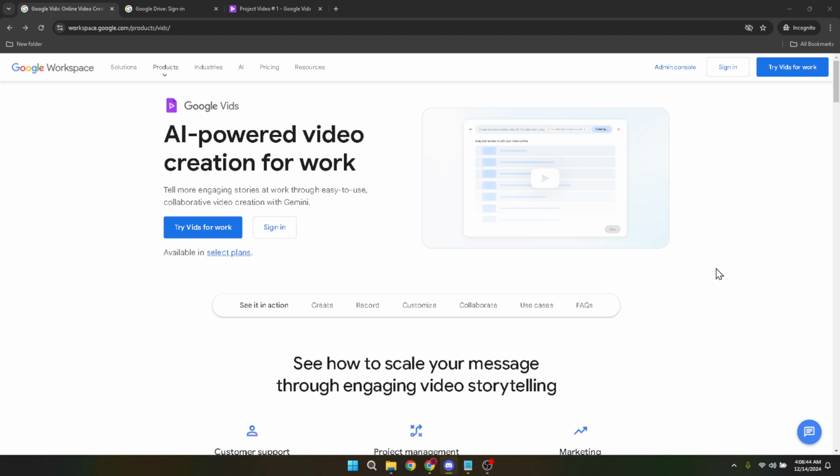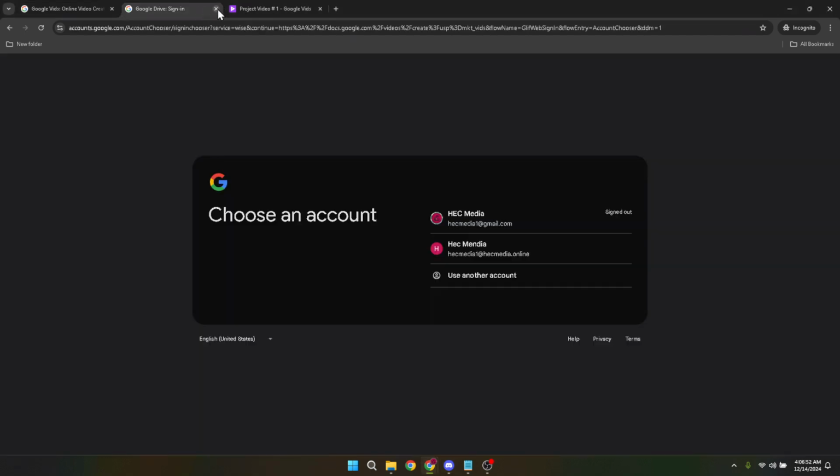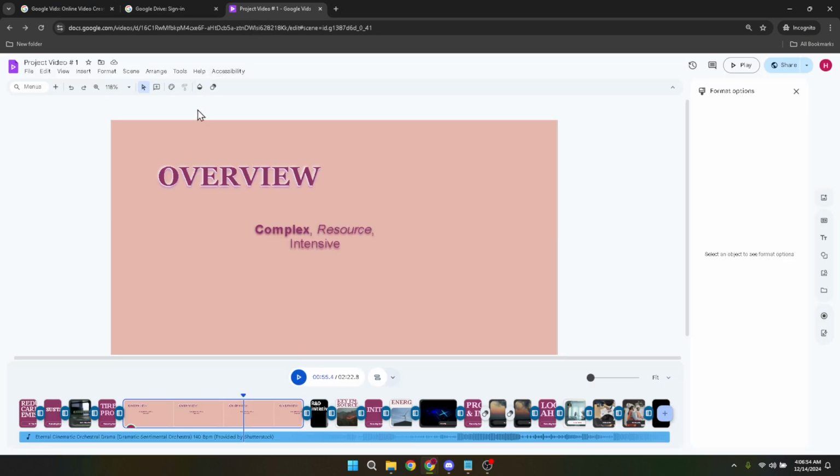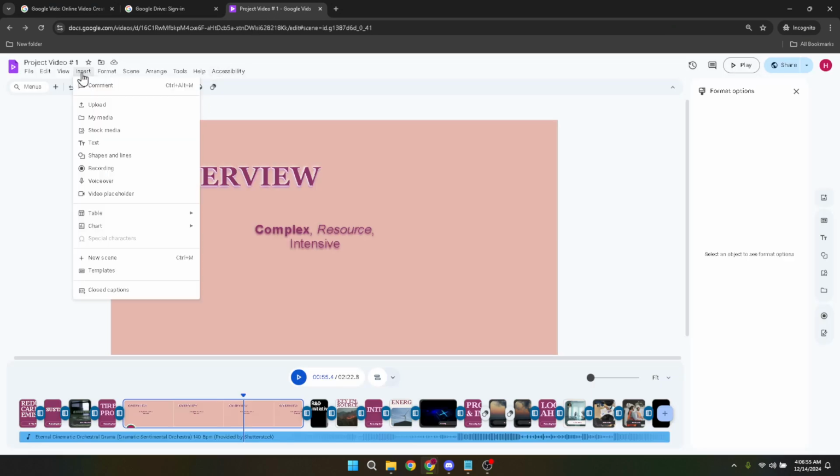Once you're logged in, the next phase involves getting your logo onto your video, which admittedly can seem a bit daunting at first. However, Google Vids simplifies this process. Look for the Insert button. This is your gateway to adding various elements to your video, including text, shapes, and most importantly for our task, images. Clicking on Insert will reveal a drop-down menu from which you'll select Upload to bring your logo into the